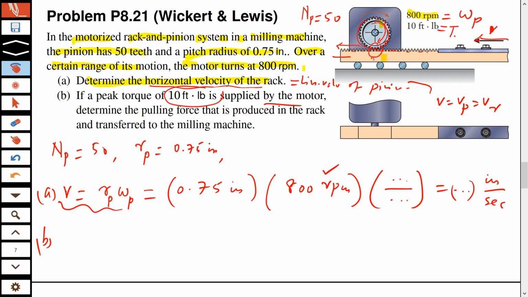So that T is provided by the motor, but I can also say Tp because that is the torque applied to the pinion. Determine the pulling force that is produced in the rack and transferred to the milling machine. Now, just like part A, because here they must mesh, the linear force at the mesh must be the same. So the same force must be for the pinion as well as for the rack, because when they mesh,